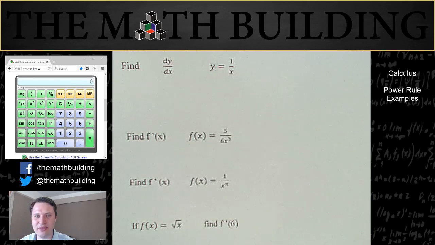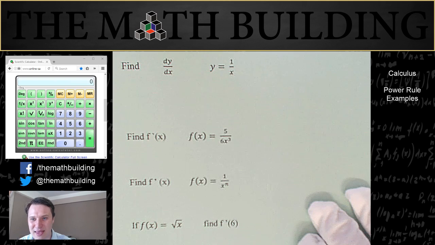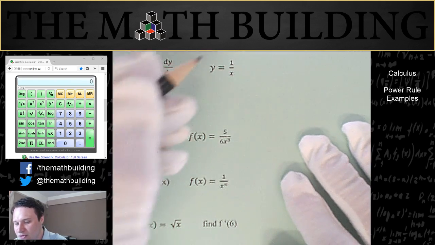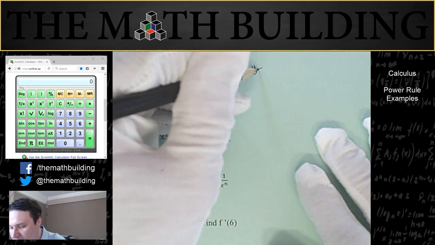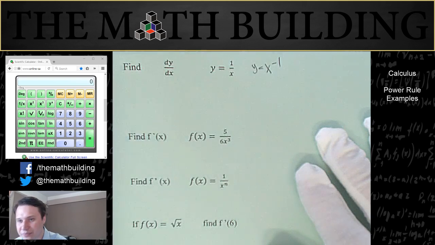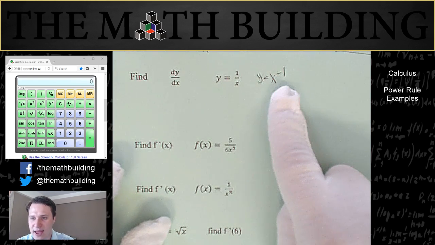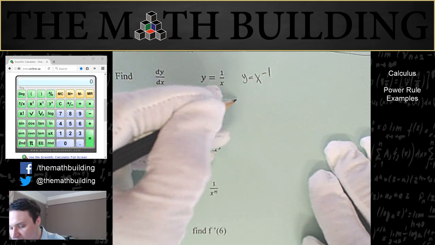You'll remember I already did this one with the definition of the derivative. It took about 8 steps. So let's see how many steps it takes if we're using the power rule. So first you should rewrite this as y equals x to the negative 1. Do you agree with me that 1 over x is the same thing as x to the negative 1? And so now we can do the